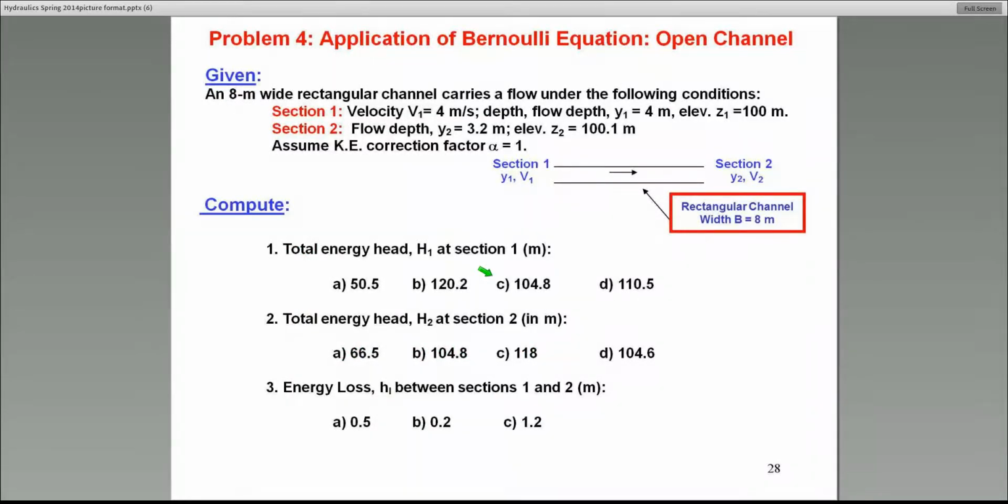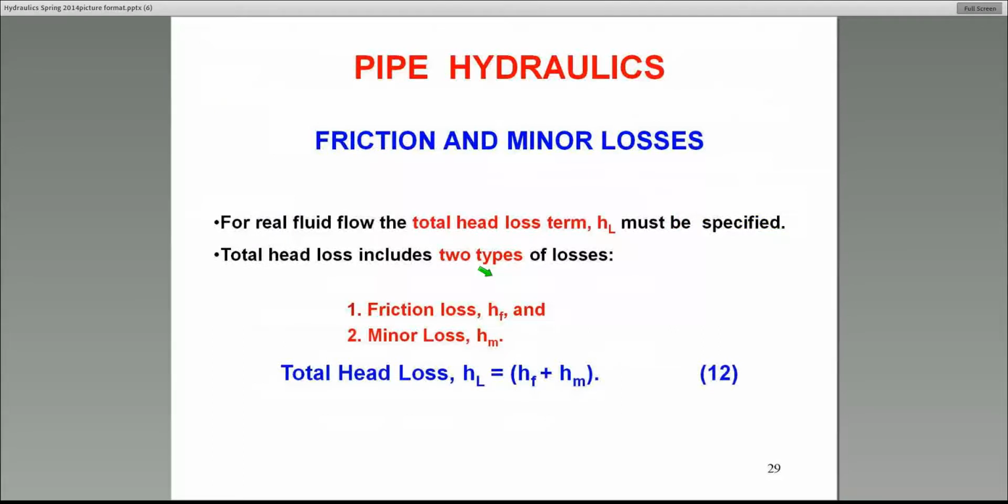Okay. Let's move on to some pipe hydraulics now. One of the things they'll probably ask you in many problems is to compute 2 types of losses in pipes. One is called the friction loss, the other is minor loss. This sets the stage for analyzing pipe systems. Typically the total loss is the sum of the 2. Friction loss basically occurs throughout the pipe. It's a function of basically the pipe itself and the fluid flow. Minor losses are usually due to fittings, such as